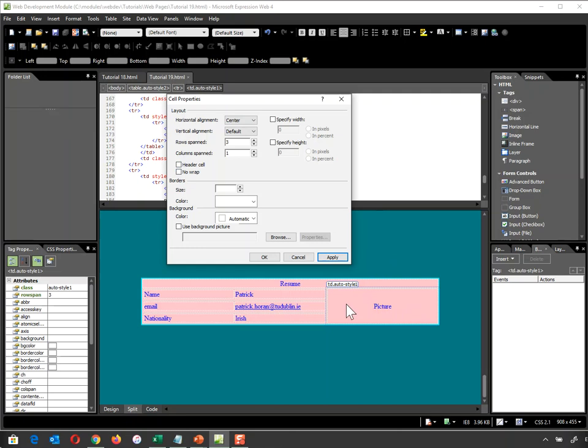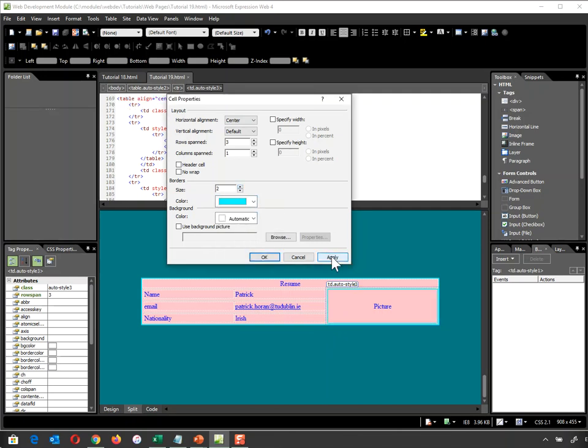and no wrap, it means that it will just keep going and disappear out over the side of the border here. If I go wrap, it means that when I get to the right hand side, like in a Word document, it will push on to the next line and then on to the next line. And it also means that once I get to here, if I'm still typing, it will make this cell actually taller. Okay. Border size, I'm going to set it to 2, and I'm going to say aqua and apply